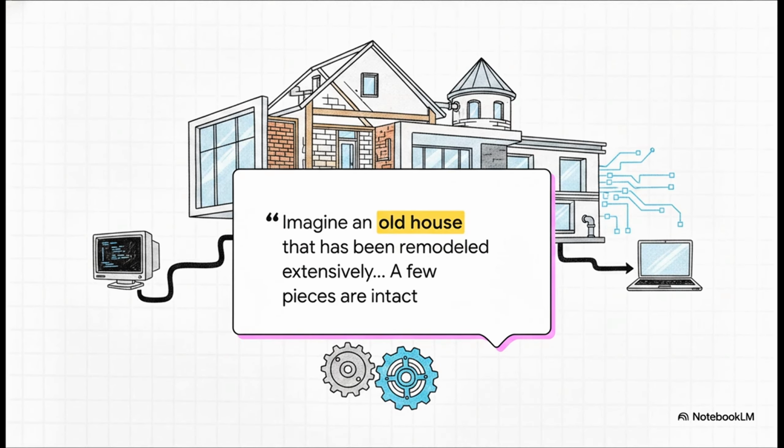But there's a really fascinating technical reality underneath all this massive success. The tech writer Ed Bott famously compared Windows to an old house that has been extensively remodeled. The crucial thing to understand here is that early Windows wasn't entirely new code built from scratch. It was essentially just a shiny, graphical layer placed right on top of that old MS-DOS foundation. So through the years, they knocked out walls, added new rooms, fixed the plumbing, but deep down, pieces of that original 1980s foundation remained totally intact to ensure older programs would still run.